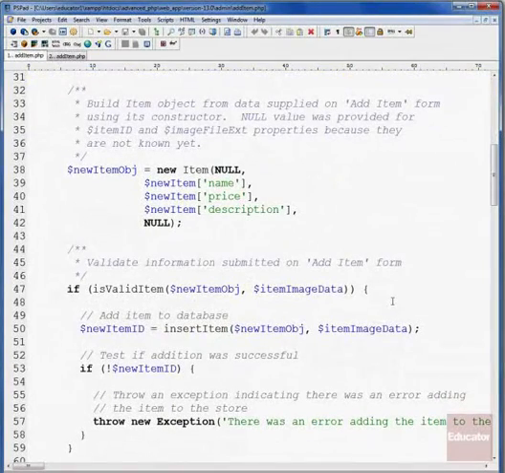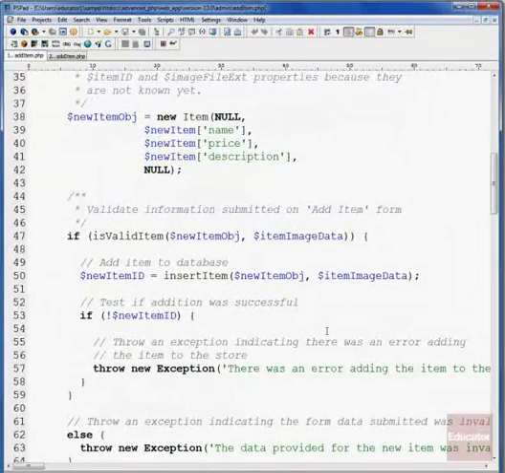And then what insert item would do is it would look up the last ID for the last item added to the database in last_added.txt. It would create a new row in our items table, or in our items.txt file, that would represent this new item. It would update the last added file with the ID of the new item that was generated, and then it would move the uploaded image to the appropriate spot on the server. Well, in our new